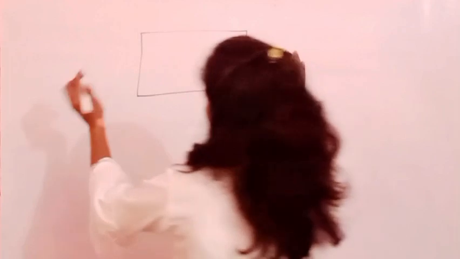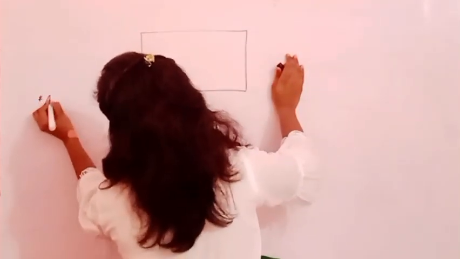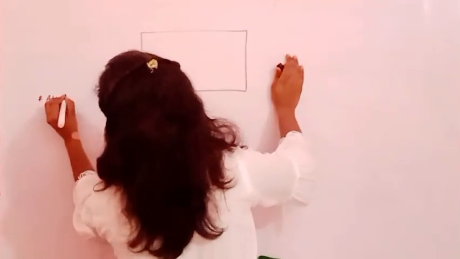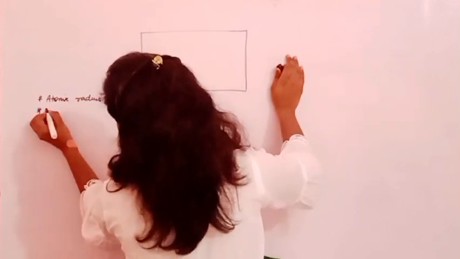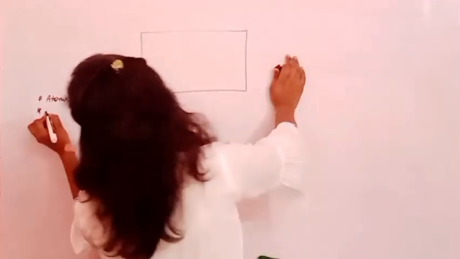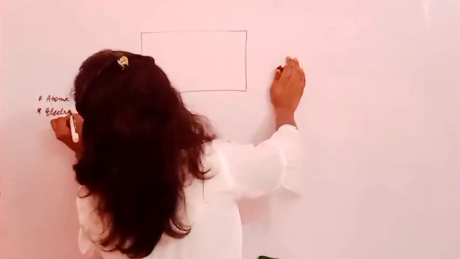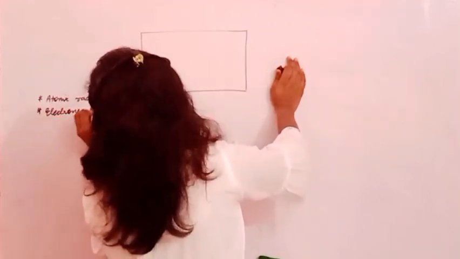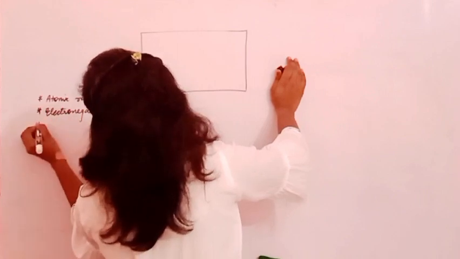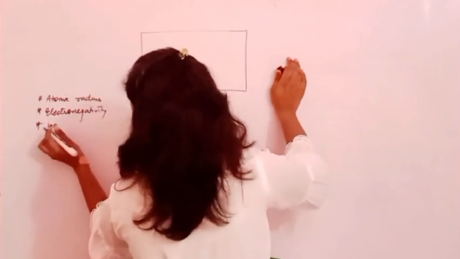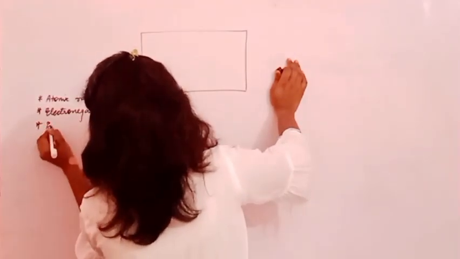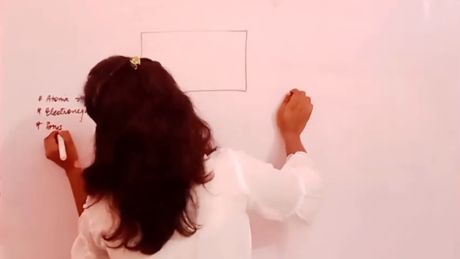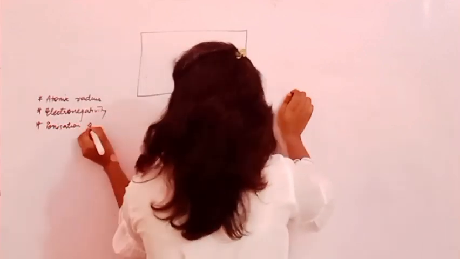There come a few terms, like atomic radius. Secondly, electronegativity. And third, ionization enthalpy